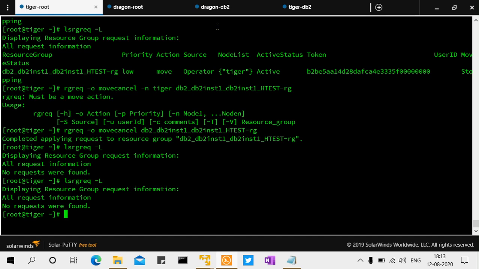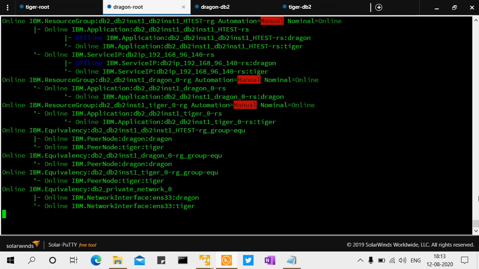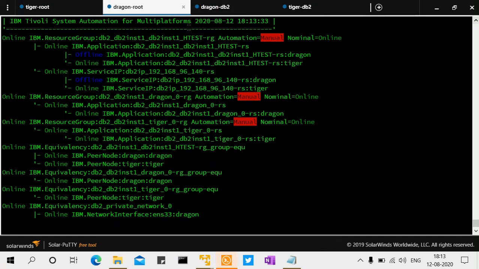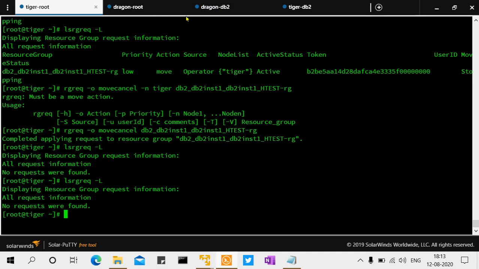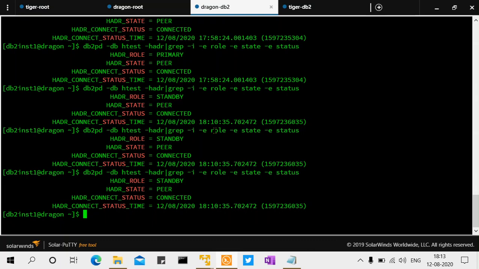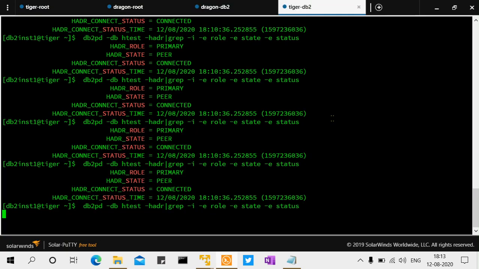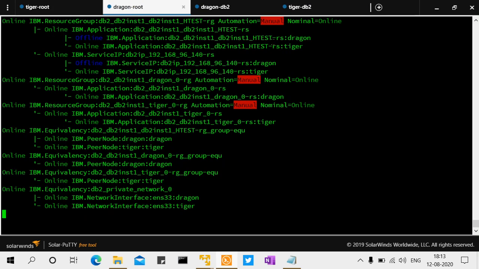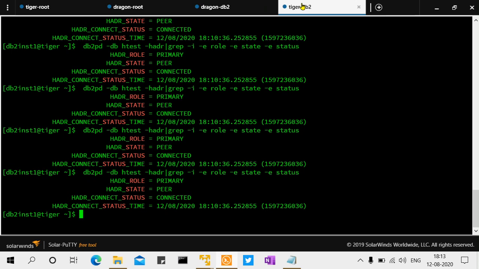Okay, it has executed everything. The move request is cancelled. But still the automation is in manual mode. And Dragon is still standby and Tiger is still primary. So that's how it was, right? Tiger is primary.